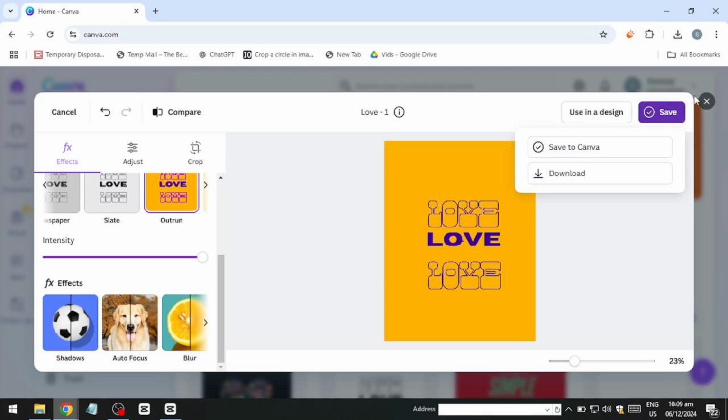Canva makes photo editing simple, creative, and fun. With just a few clicks, you can transform your photos into captivating designs that are ready to share with the